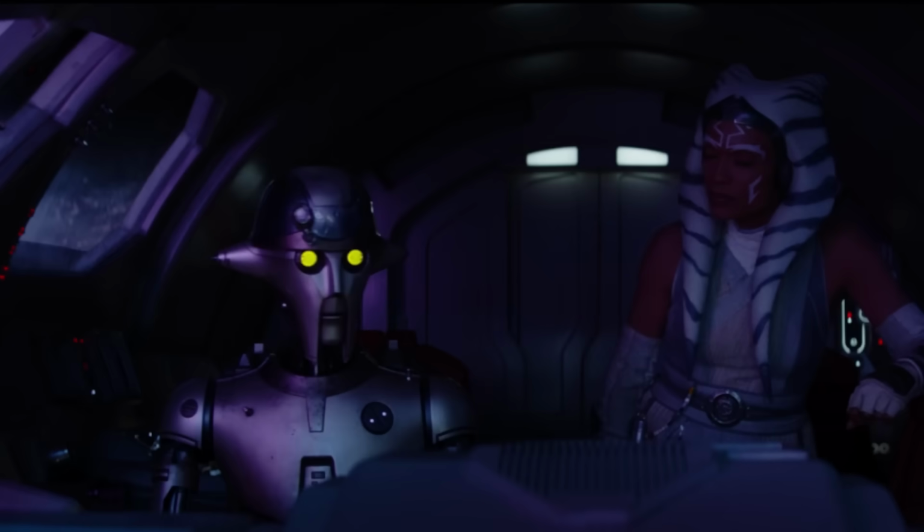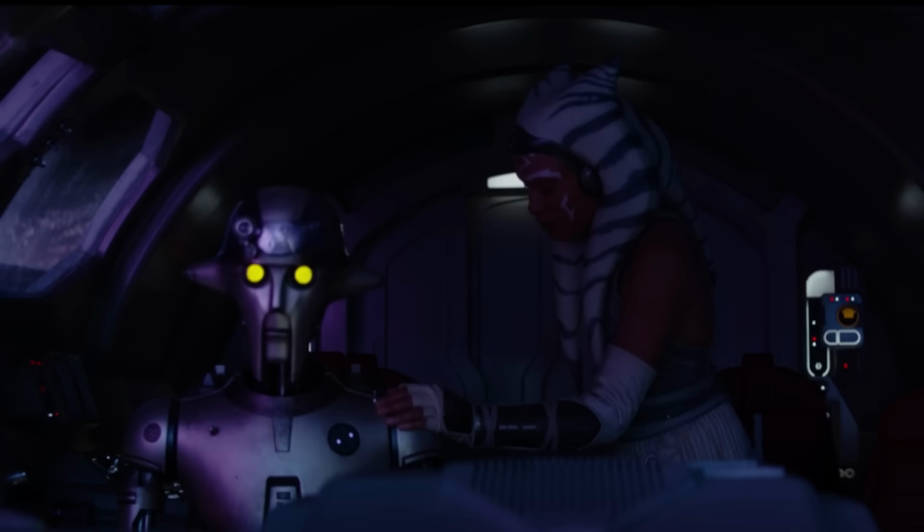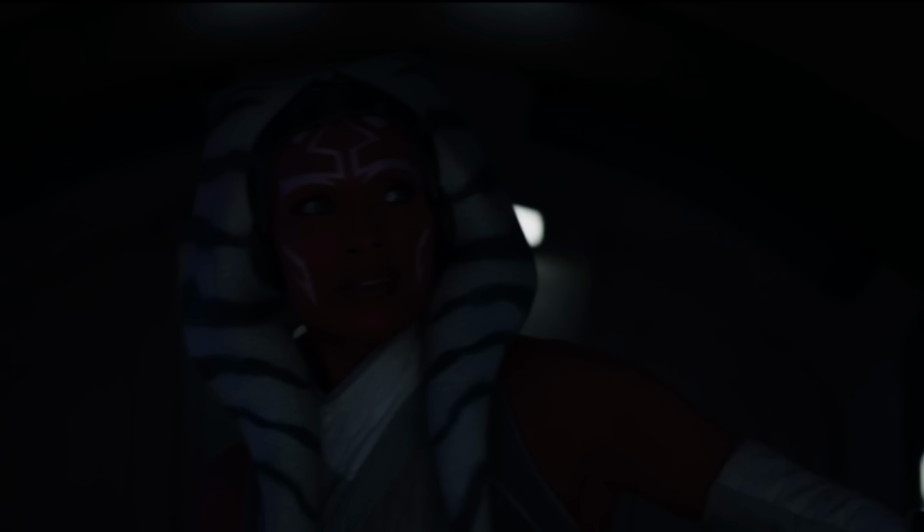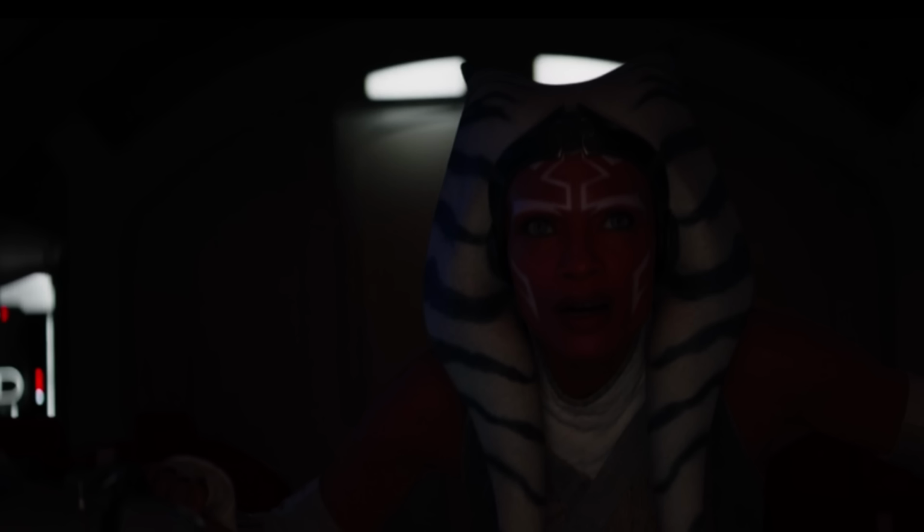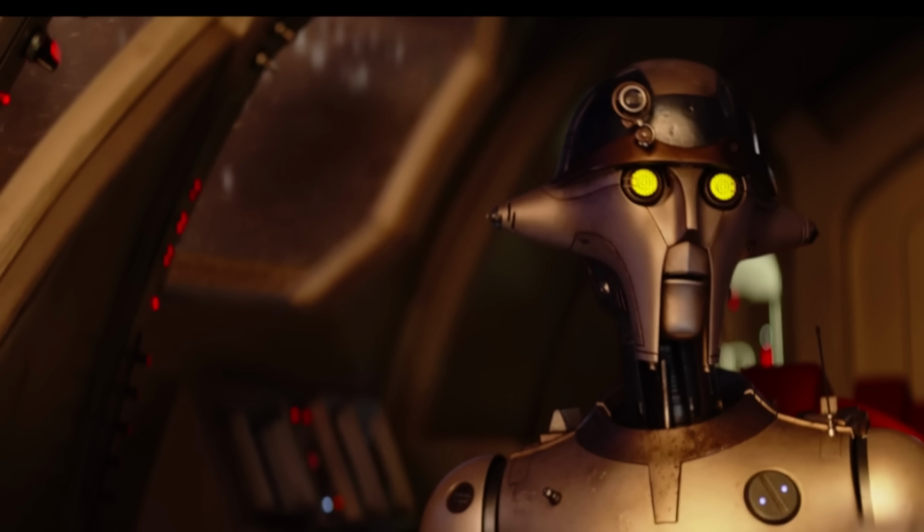And then we're in this cockpit for a bit with the two of them, because we've got to try to figure out where the hell we're going, what we're doing. And I love this dynamic with her and Yang, where he's like, I did tell you that I don't know where we could end up. And she's kind of laughing. We saw a little bit of that Ahsoka that we knew, the laughable, joking around Ahsoka. And I thought Rosario Dawson did a good job with that.